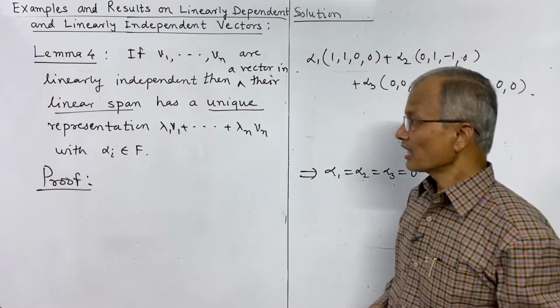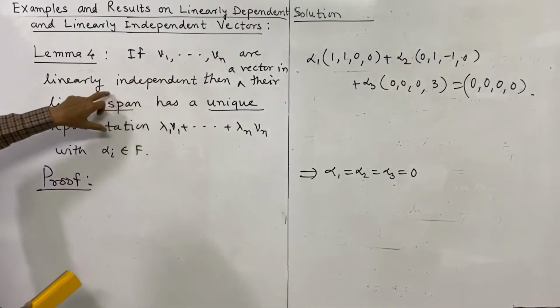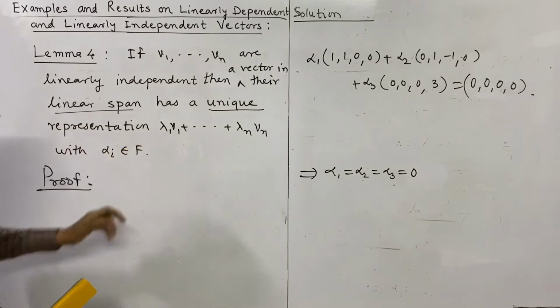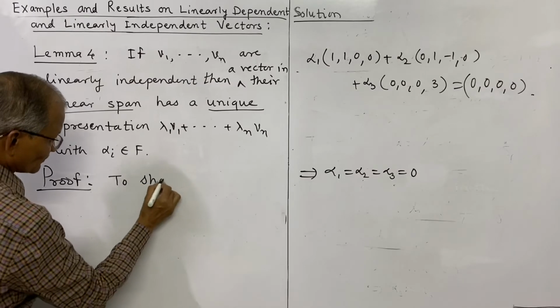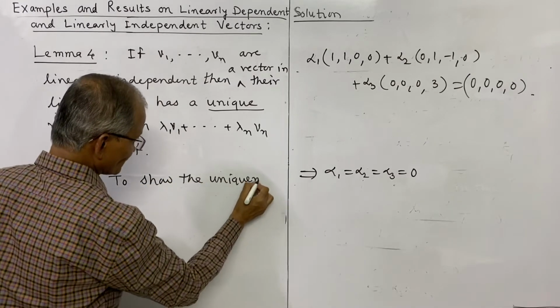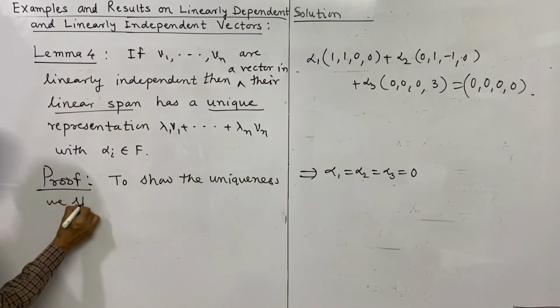That we have to show. Here V1, V2, Vn are linearly independent, that is given, and we have to show this representation is unique. To show the uniqueness, we shall show that